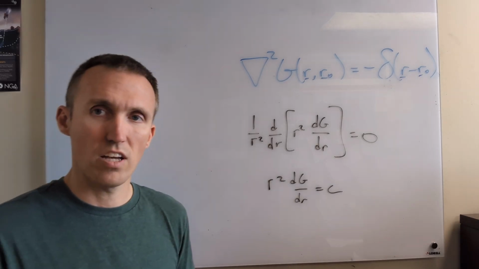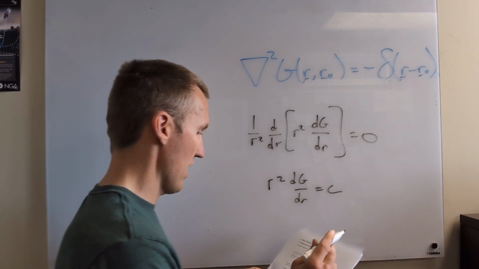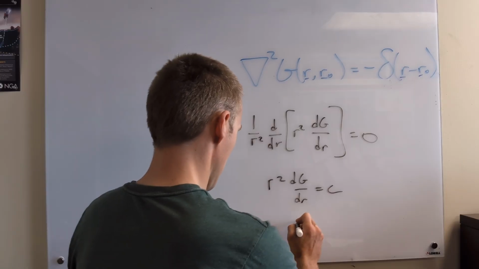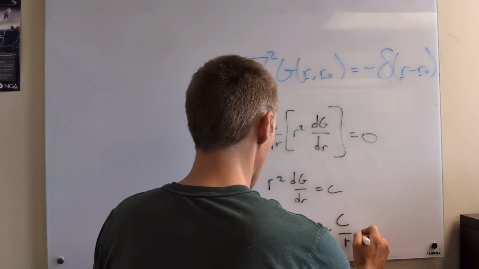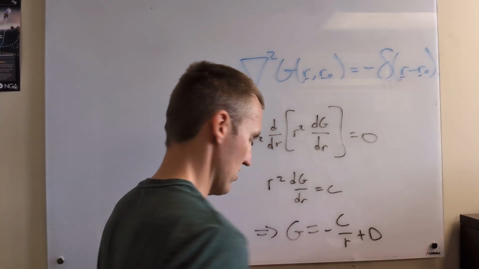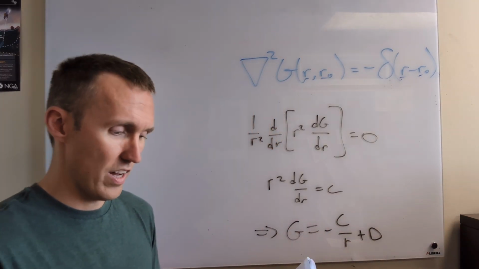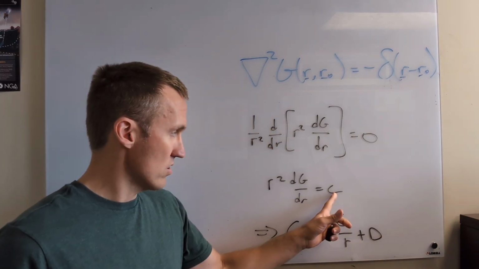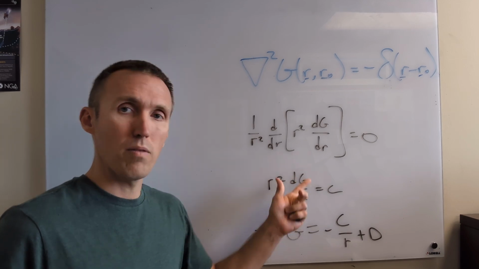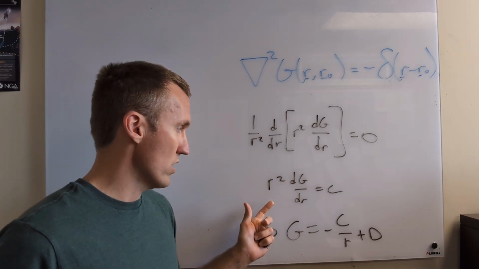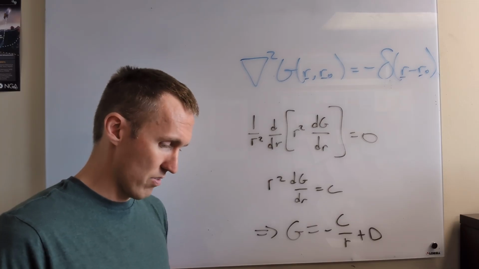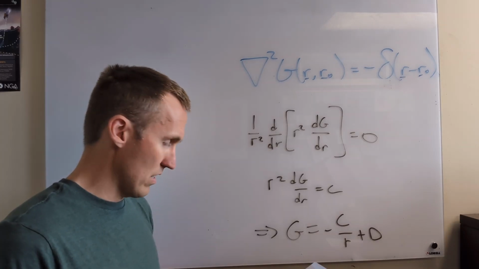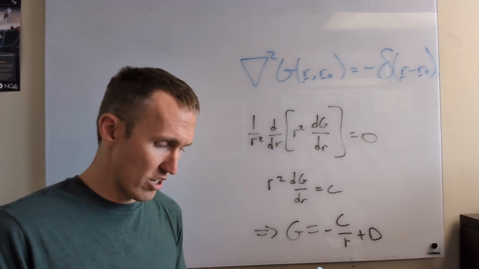Well, pretty easy to integrate this actually. And we get G is equal to negative C over R plus D. So we've got two constants now. You can see this is this constant, and then there's going to be one more constant of integration. We need to integrate both sides by R, and rearrange, and we